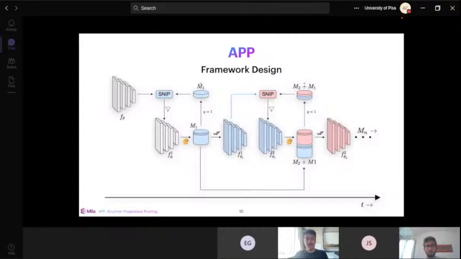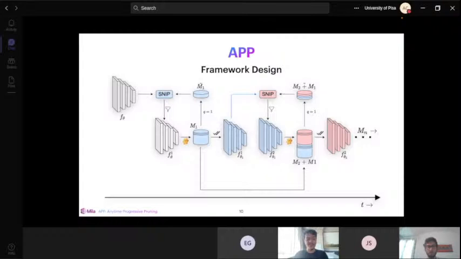And SNP is our pruning algorithm of choice. It's an at-initialization one-shot pruning method. So we pass the network and the subset from the megabatch to SNP, and it gives us F theta 1, which is a pruned-at-initialization model.